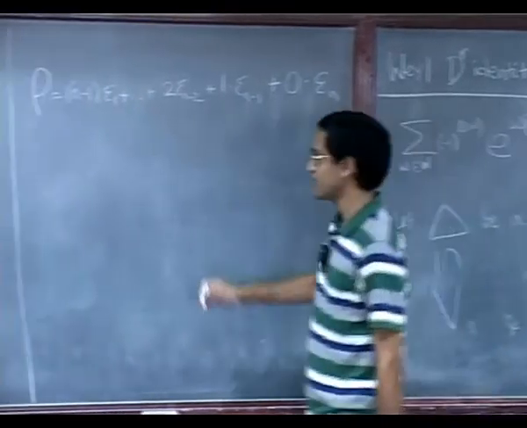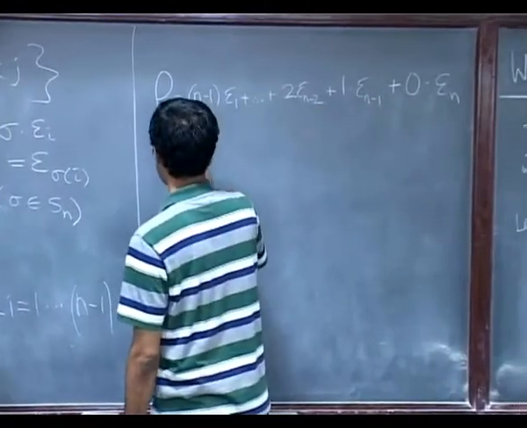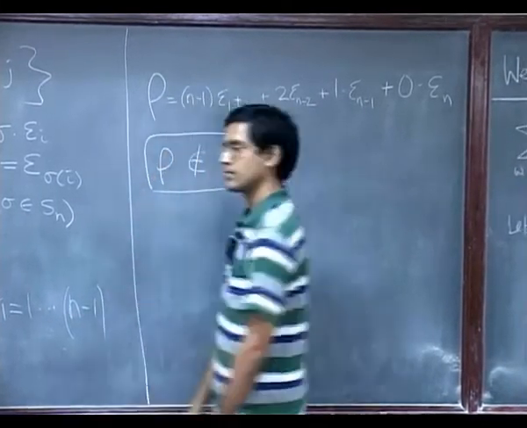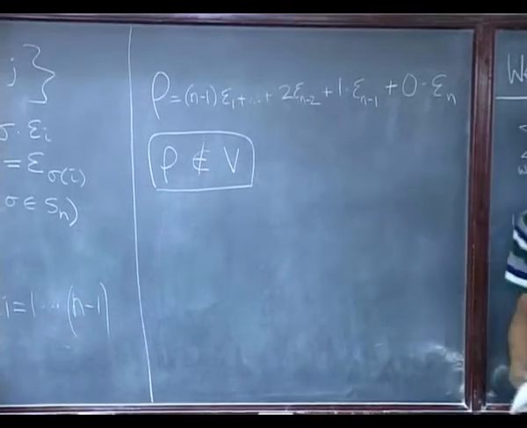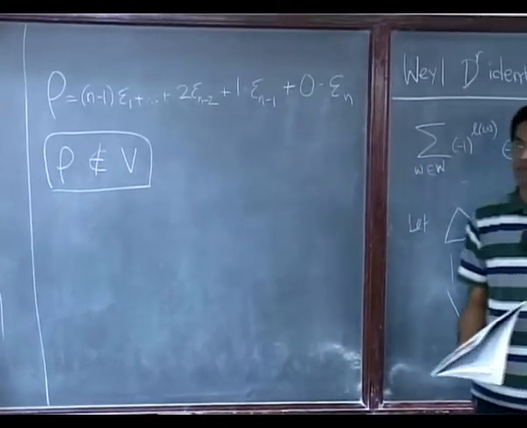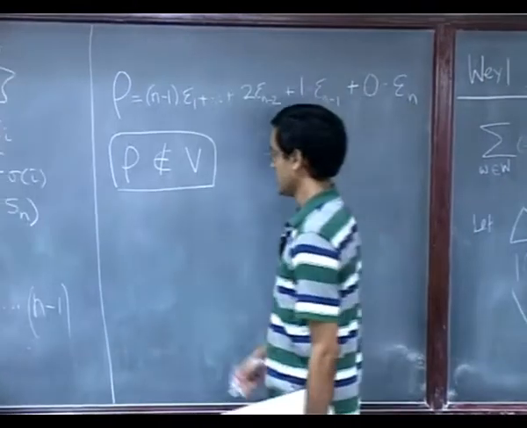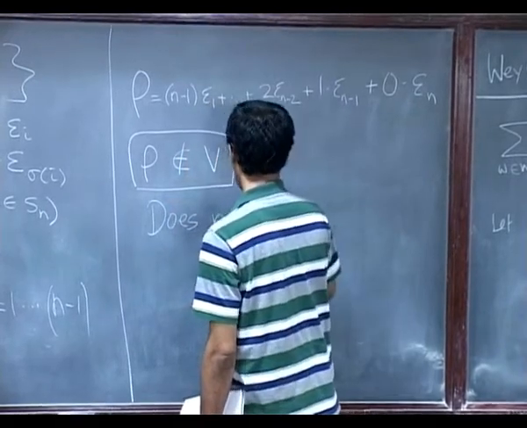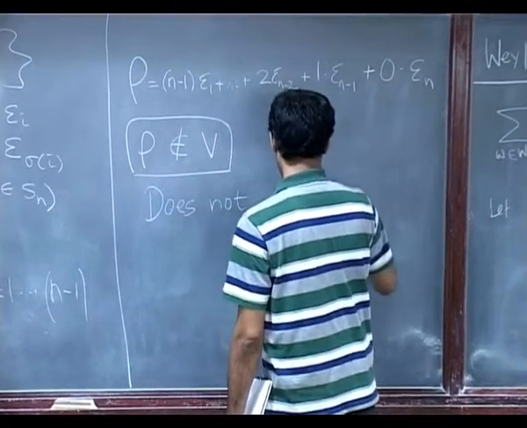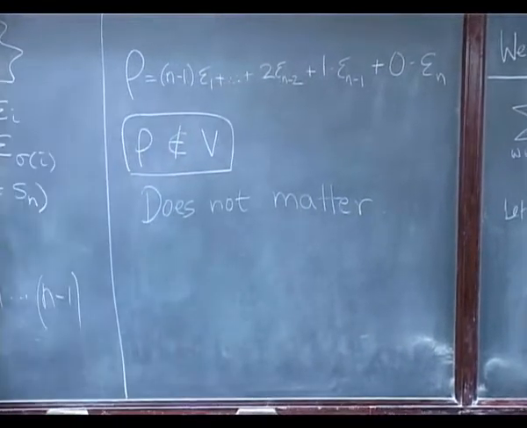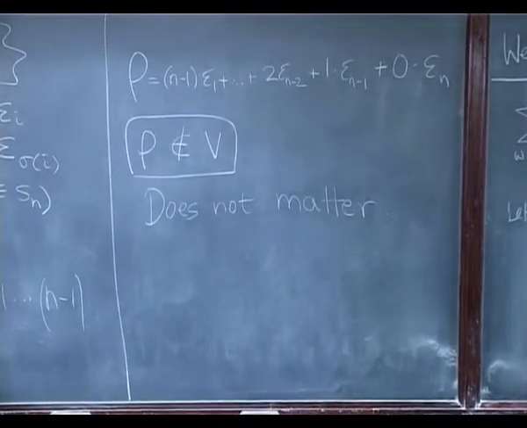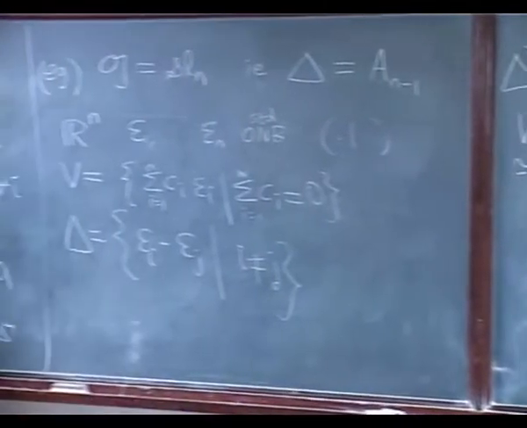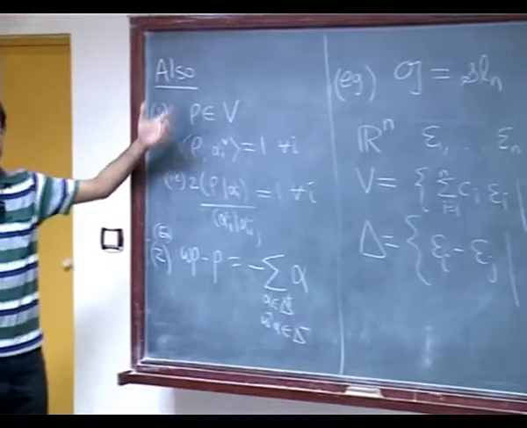Okay, excellent. That was going to be my next question. So observe, rho has the correct property, but it's not an element of V, right? Because the sum of the coefficients is not quite 0. Okay, so now that's sort of the beauty of this whole thing. It doesn't really matter. So that half sum of positive roots is sort of a red herring in some sense. It's accidental, but it's not terribly essential to what goes on. Rho doesn't even need to be in V.